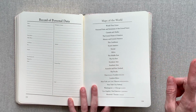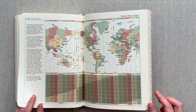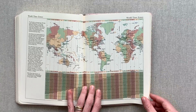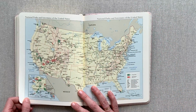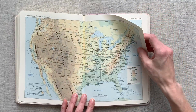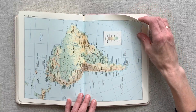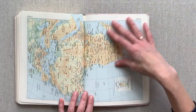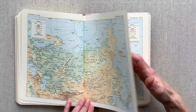Now we have maps of the world. They list all the maps of the world they have. So they have world time zones here. Here's your time zone map. You have national parks and interstates of the US. You have Canada and Alaska, United States. You have Mexico and Central America, South America, Europe, Africa, the Middle East, the Far East, Northern Asia, Southern Asia,